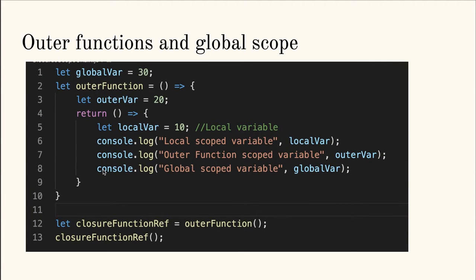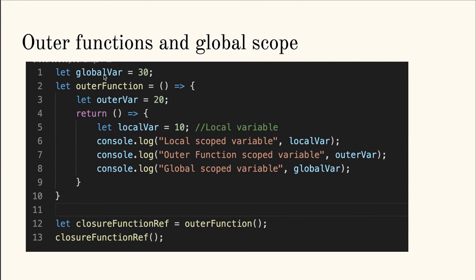And here in this example we can see the scope of the outer function and the global scope. First, let's look at the outer function scope. Here there is a variable at line number 3, the outer var, which is defined at the scope level of the outer function. As per the definition of closure functions, it can access the scope of the outer functions. So the outer var will be available to the closure function. If you want to manipulate, display or get the value of the outer var inside the closure, it's possible.